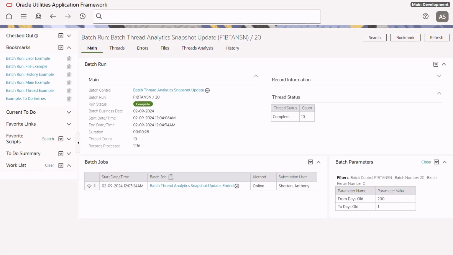This is an example of a multi-threaded job. As I pointed out last time, if the threads are all in one state, there's no graph. This is complete, and 10 threads were executed and over 1,000 records were processed. And it was actually just one execution by me. And you can see the parameters that were used. Now if I navigate to the Threads tab,